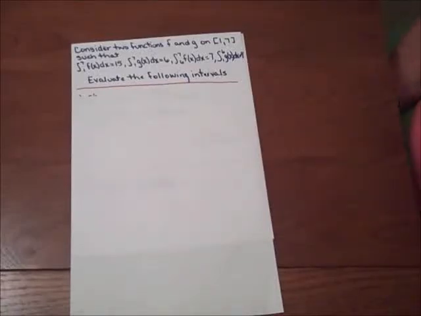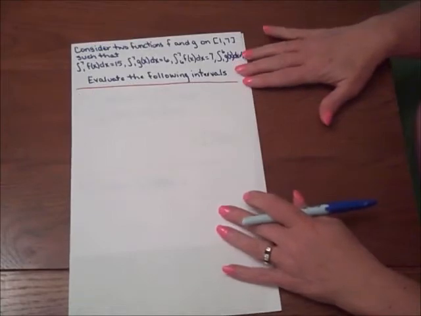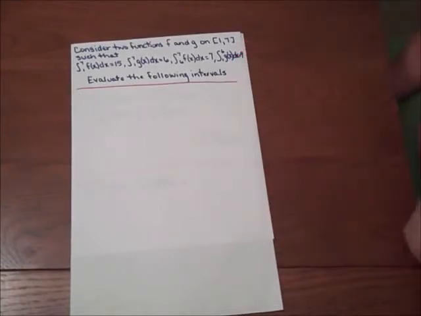Hello everyone. Tonight we're going to be working on objective number 95, problem 5. In this problem, we have about 6 different steps that we're going to work through, and we are asked to consider two functions, f and g, on the interval [1, 7], such that we have